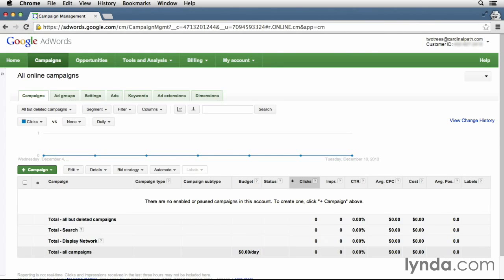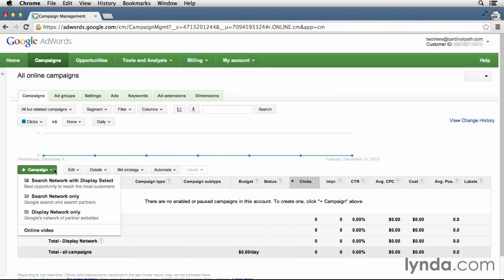Let's go through the process of creating your very first AdWords campaign. On your first login, you'll see a button directing you to create your first campaign. But after you've clicked that the first time, you'll create all of your campaigns from this screen. In the Campaigns sub-tab under the Campaigns tab, you'll click the green Plus Campaign button and see a list of